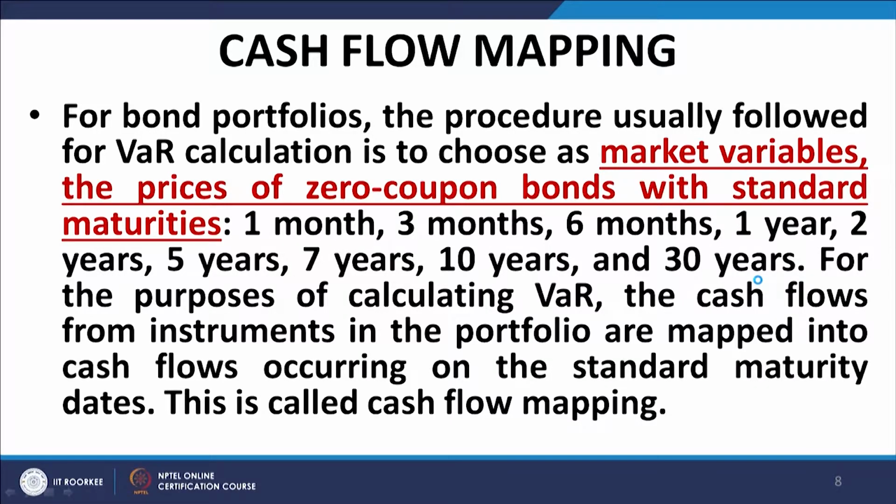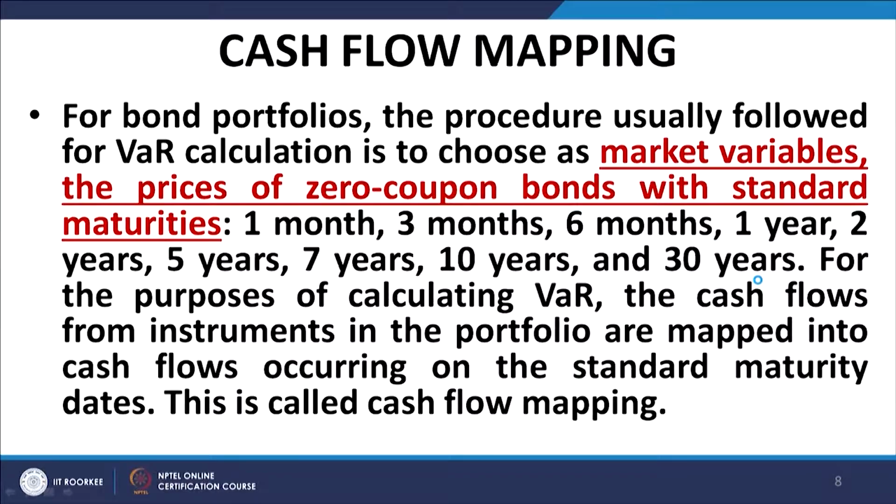Now, we come to a very interesting approach which is called cash flow mapping. Now, what we do here is, you see, again I come back to my bond portfolio. My bond portfolio will consist of different bonds, or even if it consists of a single bond, that bond may have a maturity which is not a standard maturity. See, data in respect of bonds of certain maturities are available or are monitored and are published or presented over electronic media on a regular basis.